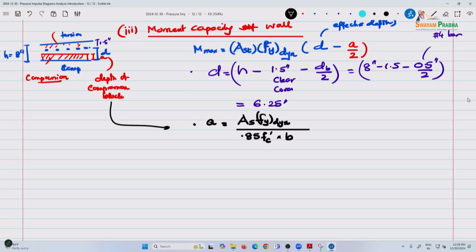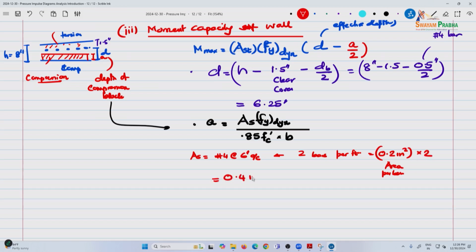Now, As is number 4 bars at 6 inches center to center. So basically this is 2 bars per foot, or As can be taken to be 0.2 square inches, the cross-section area per bar, multiplied by 2. So As is 0.4 square inches. So A comes to